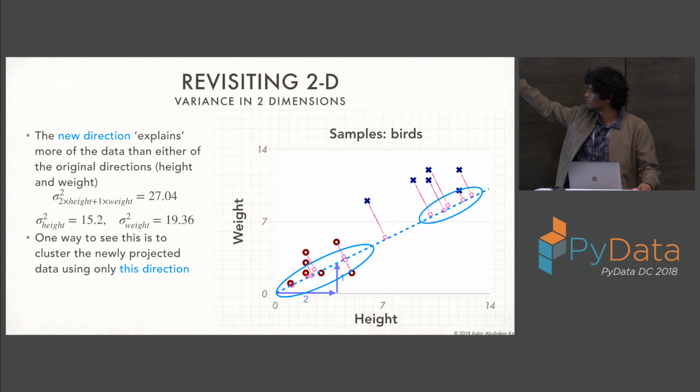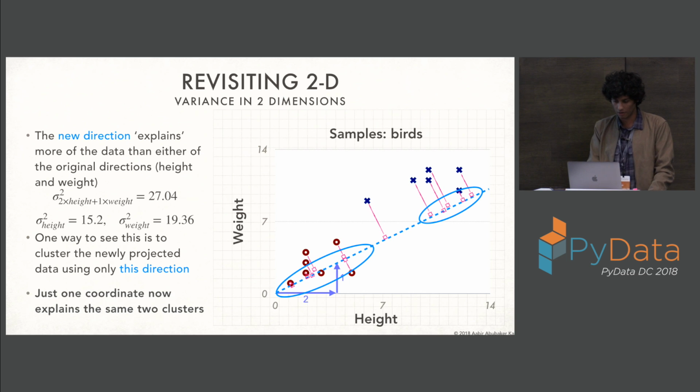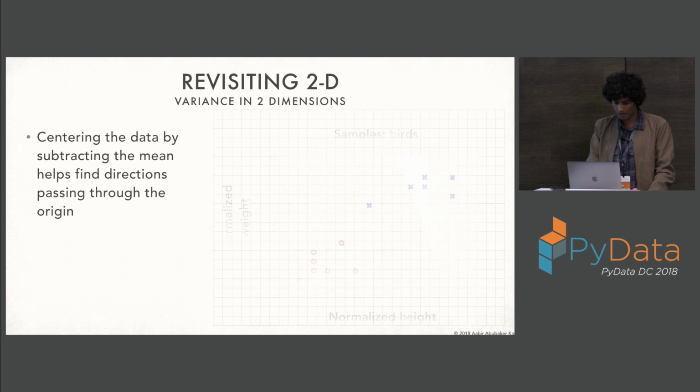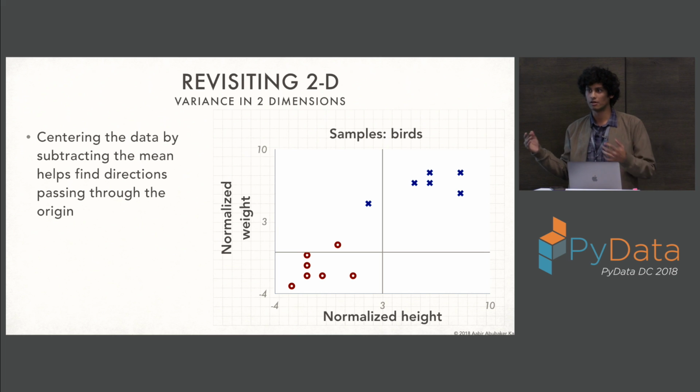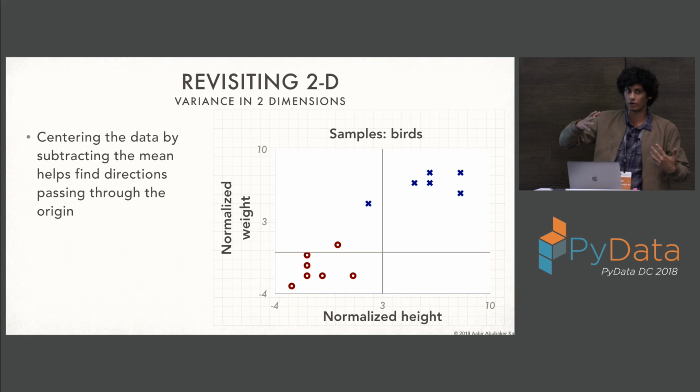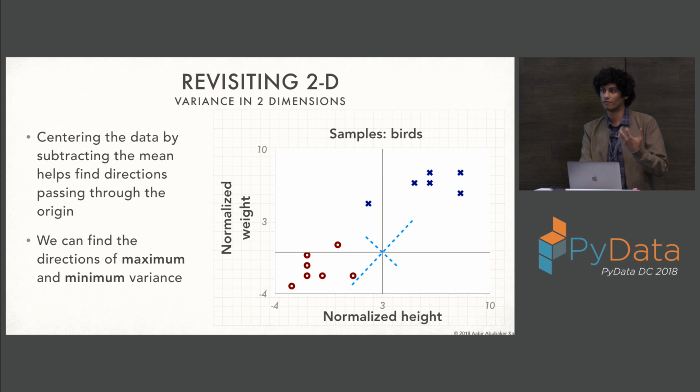Another useful way to look at this is to look at how the clusters condense into just needing one axis to separate them out. And of course, when you're moving to higher dimensions, this is an implementation point. You don't want to have to look at the intersections and all of these things. So you'd like to center all of your data around the mean, which is why you would subtract the averages of all of these different values in each dimension from your data set. You'd like to have it centered around 0, as you can see here. And that helps you find these directions of maximum and minimum variance.